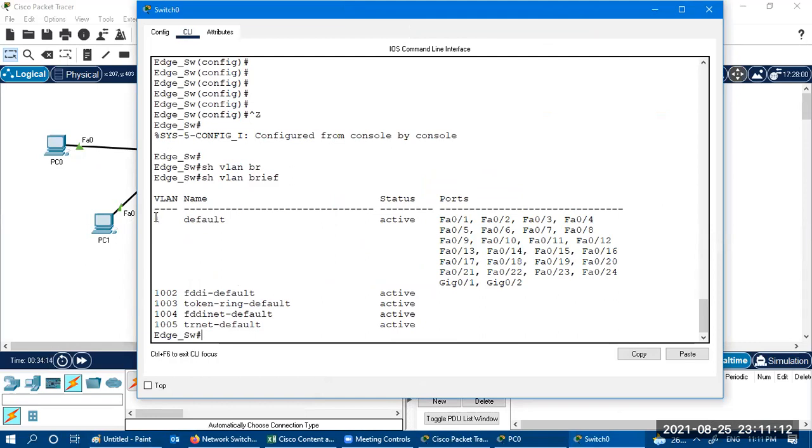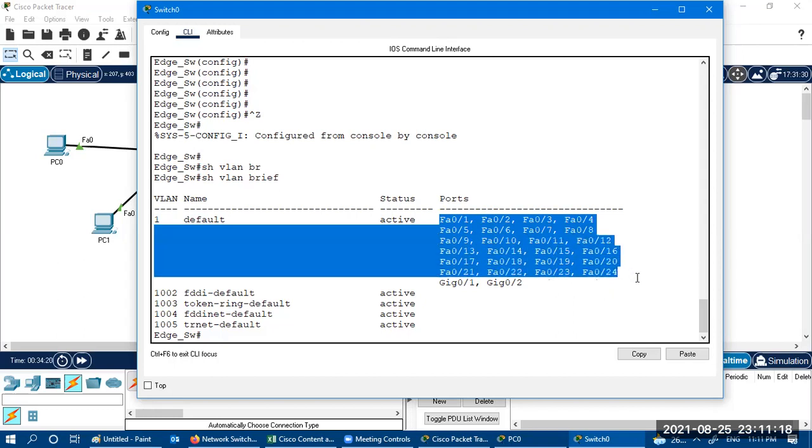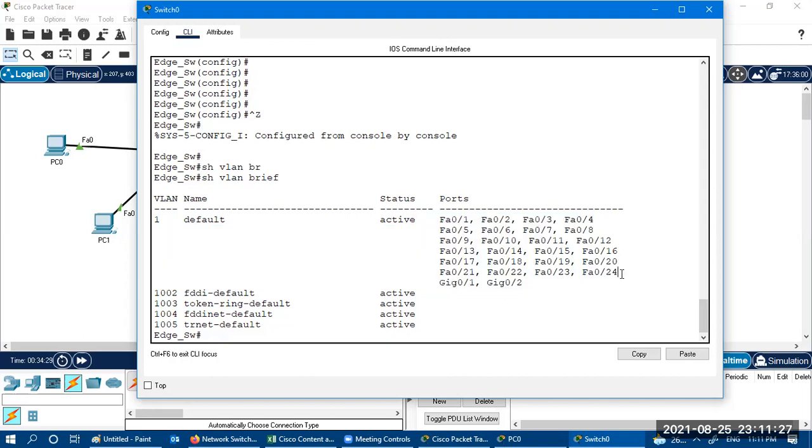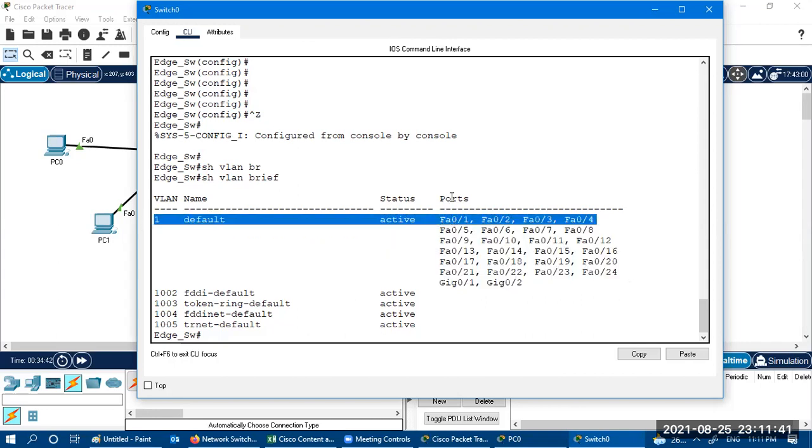So you can see we have VLAN 1, which is called default VLAN, and my switch has 24 fast Ethernet ports and 2 GB ports, and all belong to VLAN 1. So that's why if you forward any information in VLAN 1, it will forward it to all the end users.